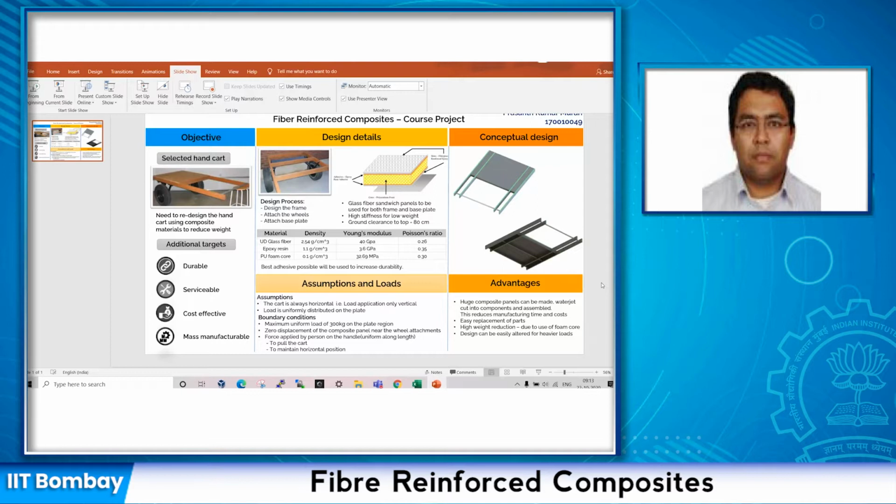Only, your boundary conditions and all, just a general suggestion. You are thinking about it right now, and also don't say that this is the work you have done. This is the work you are proposing to do. So this is the project work you want to propose. I mean, this is what you plan.